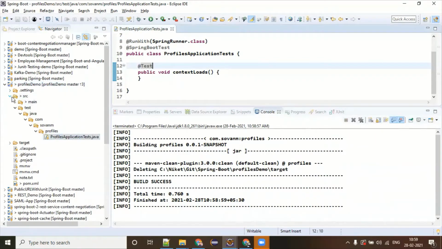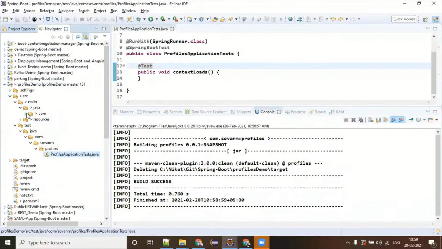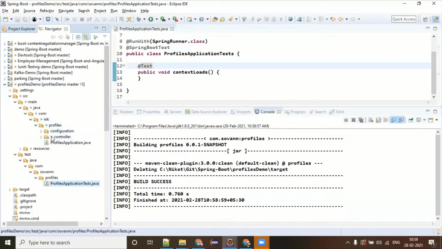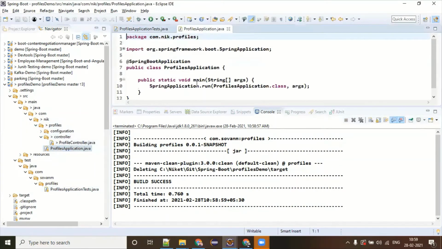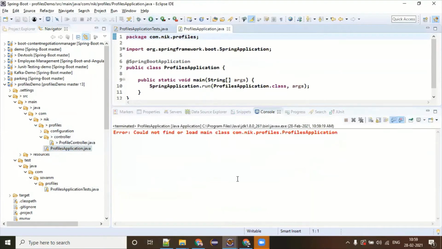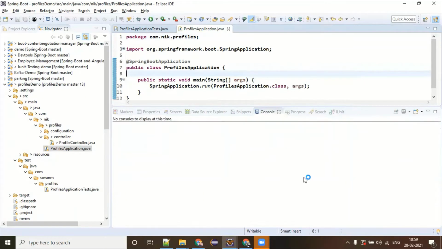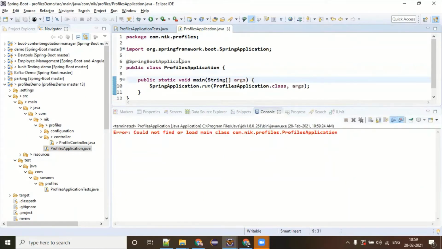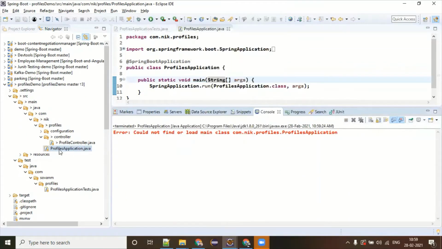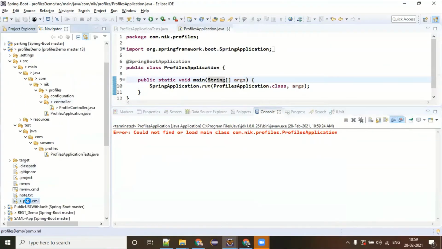Yes, this is the one we were running from that time. So is this running or not? We have changed some configuration. I don't think so.